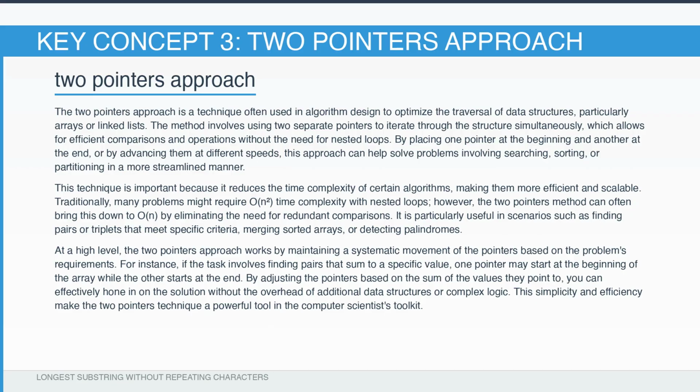However, with the two-pointers technique, we can often reduce this to O(n). This is because we systematically adjust the pointers based on the specific requirements of the problem. For example, if we're looking for pairs that sum to a certain value, one pointer could start at the beginning of the array, while the other starts at the end. By moving the pointers towards each other based on their current values, we efficiently hone in on our solution without extra complexity. This technique not only streamlines the process, but also enhances scalability, making it a valuable tool for any